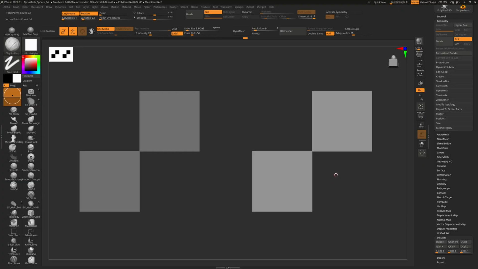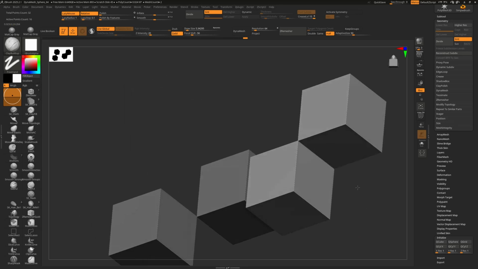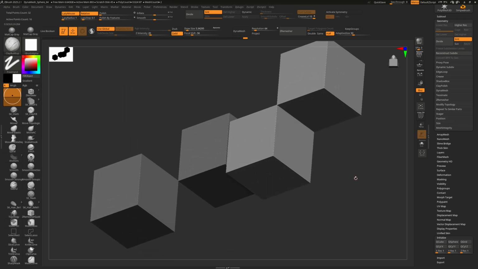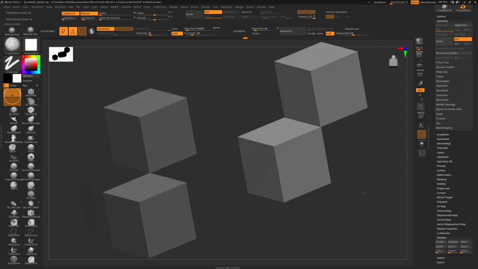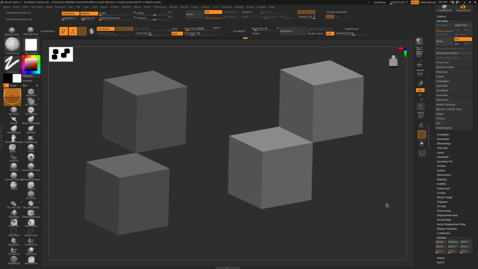Non-manifold geometry refers to shapes that can't be clearly defined as solid due to how their vertices or edges are connected. For example, these two intersecting cubes form a non-manifold shape. In this state, the volume of the object can't be properly defined, which can cause errors during 3D printing. So be sure to avoid non-manifold geometry when preparing a model for printing,